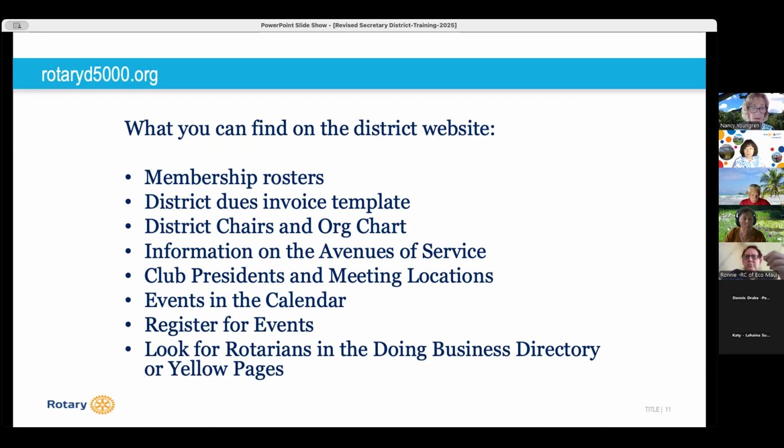Naomi, do you have anything else to add to navigating the district website in terms of ease of use? We're going to be making some changes to the website, so it would be good to get some feedback on what you'd like to see. So when you say it's hard to find things, what we're thinking of is doing an index. So you can go to the index, and if you wanted to go to avenues of service, you can just click there and go there. So that's something we're working on.